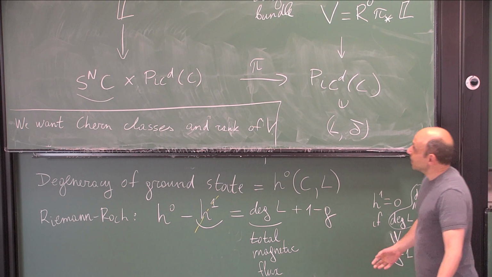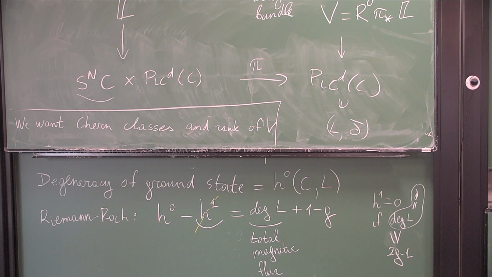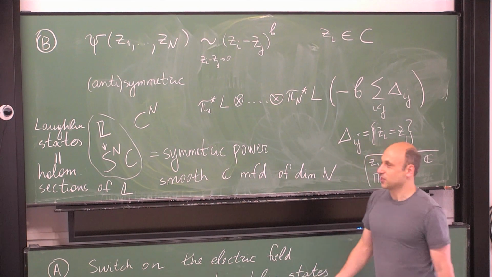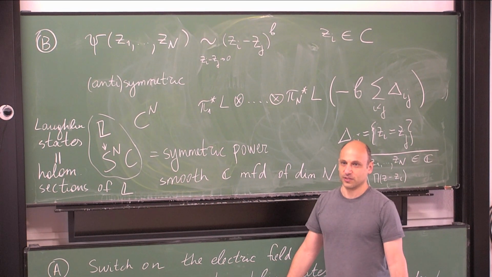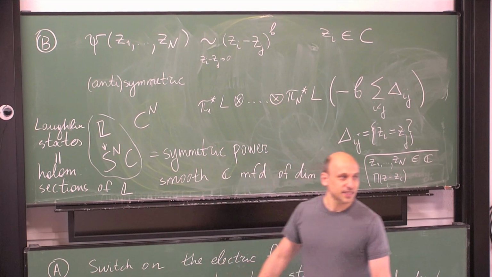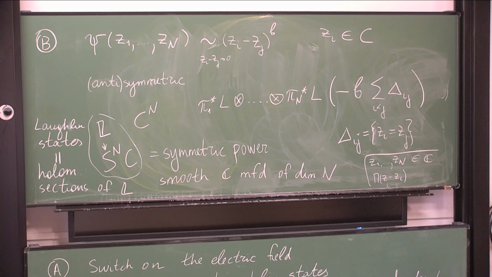And the magic is that since Laughlin states are holomorphic sections, we can compute them using algebraic geometry. But the answer remains valid, even if we change the Hamiltonian to something where the ground states are not holomorphic at all. Yes. Next, if I have a genus 2 manifold and consider a single particle, the second Chern